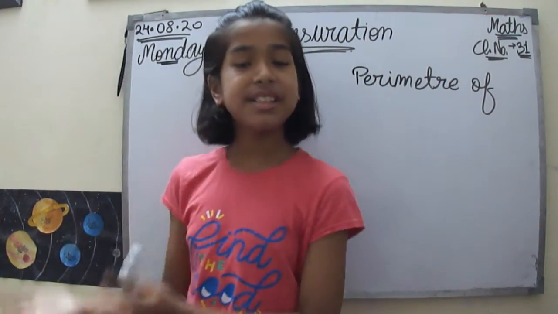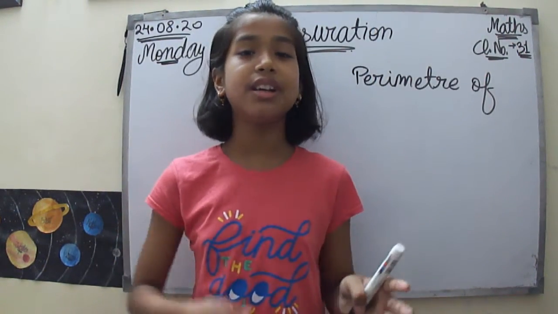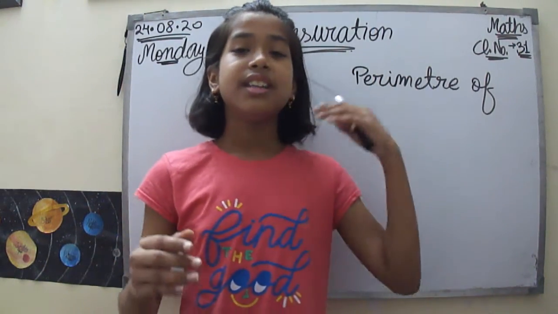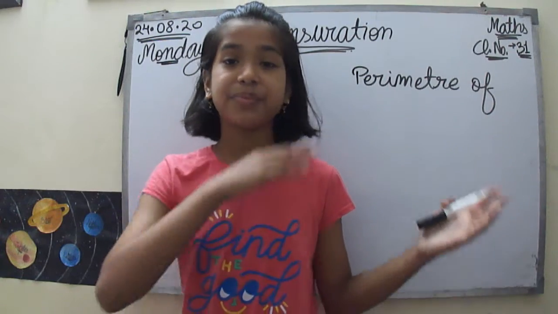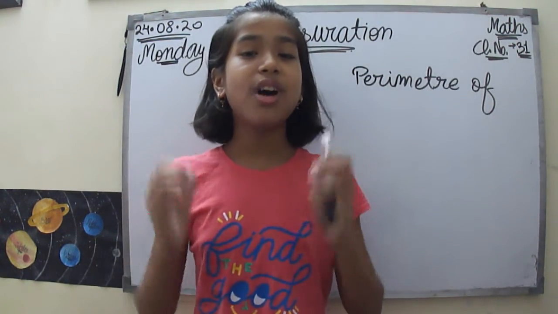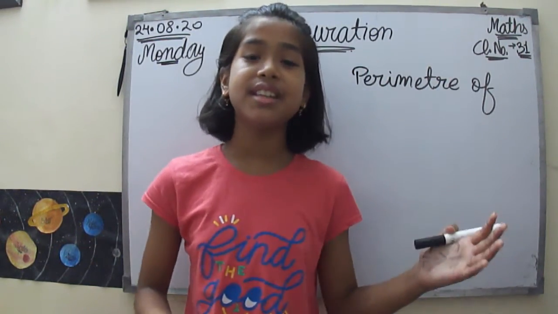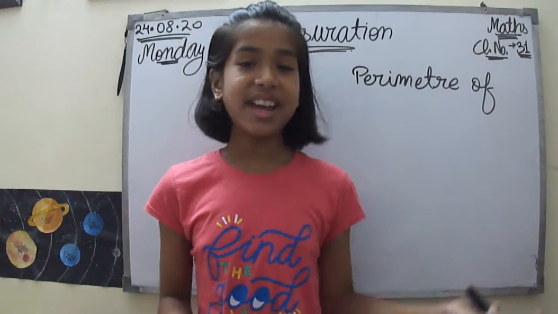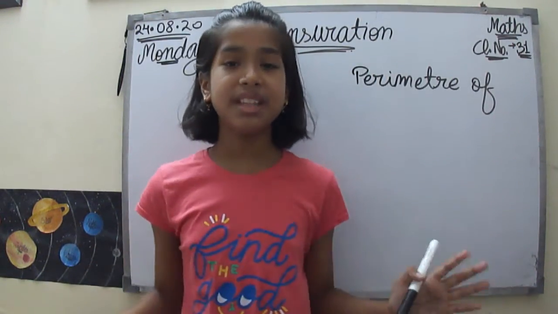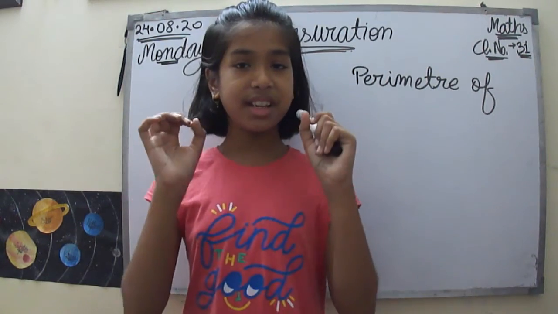There could be a 3-sided polygon which we call a triangle, then a 4-sided polygon which is known as a quadrilateral, then a 5-sided polygon which we call a pentagon, then a 6-sided hexagon, 7-sided septagon, 8-sided octagon, and many more. Now what if